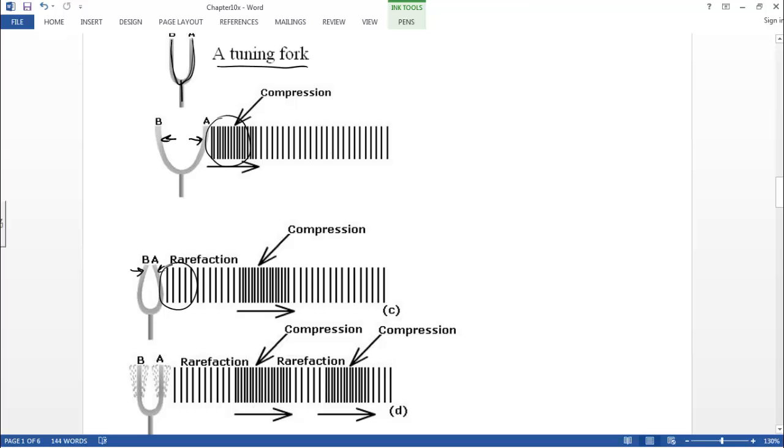And then these regions of high and low pressure extend outward. And as it vibrates quickly, well, you get higher frequencies of these compression and rarefaction regions. And then the sound wave propagates outward. Now, the